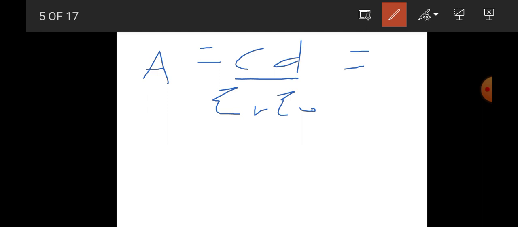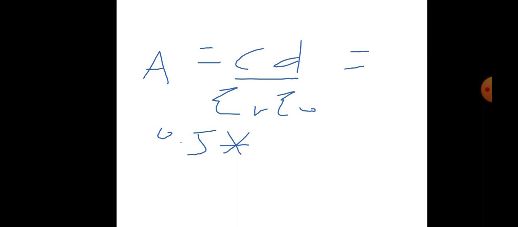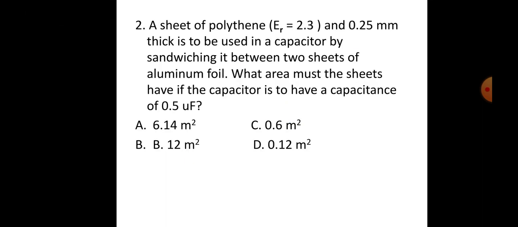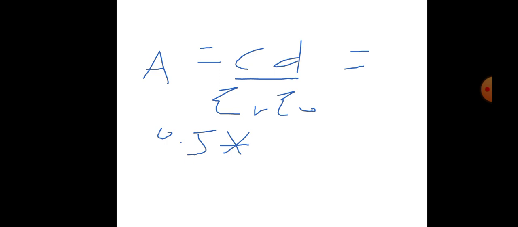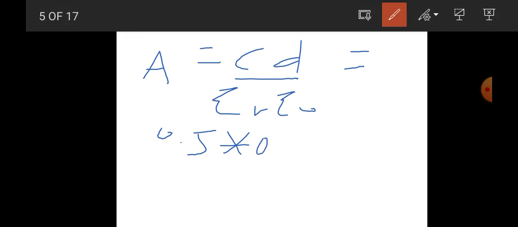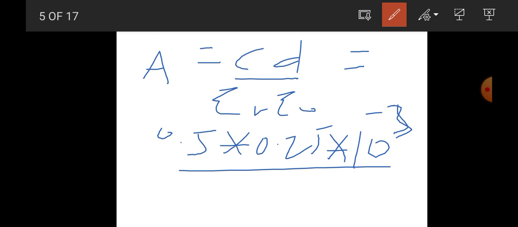So this is equal to capacitance 0.5 microfarad, that is 0.5 times distance between the two plates, that is 0.25, over relative permittivity 2.3. 0.25 millimeter ነው ስለዚህ ወደ ሜትር ሲቀየር 10 the power of -3 ይሆናል 10 the power of -3 over relative permittivity 2.3 times permittivity of free space እሱም common ነው